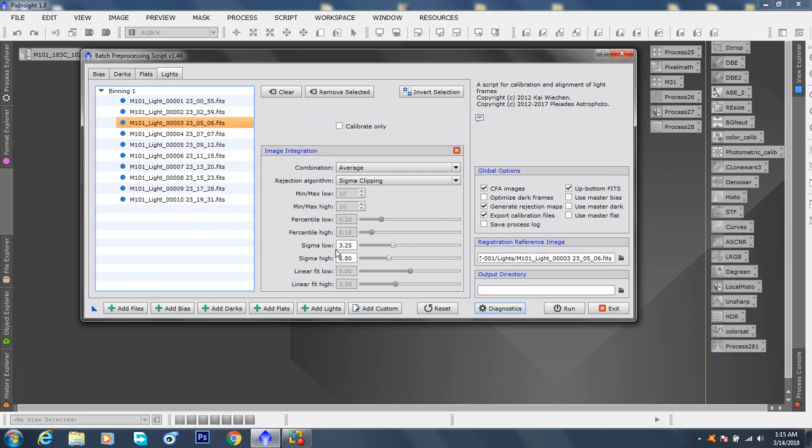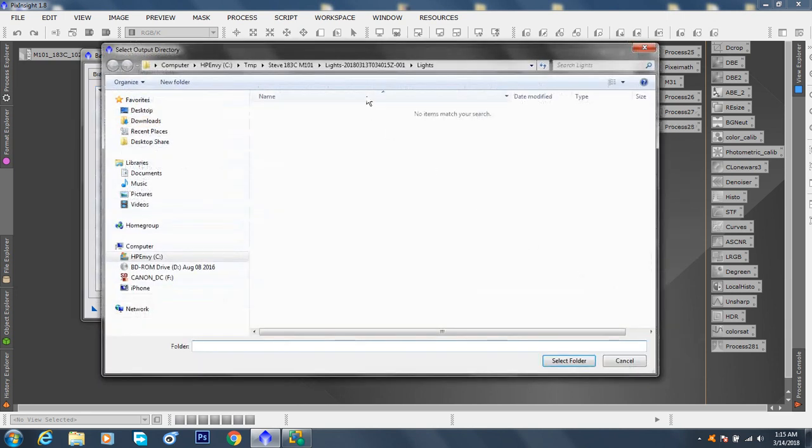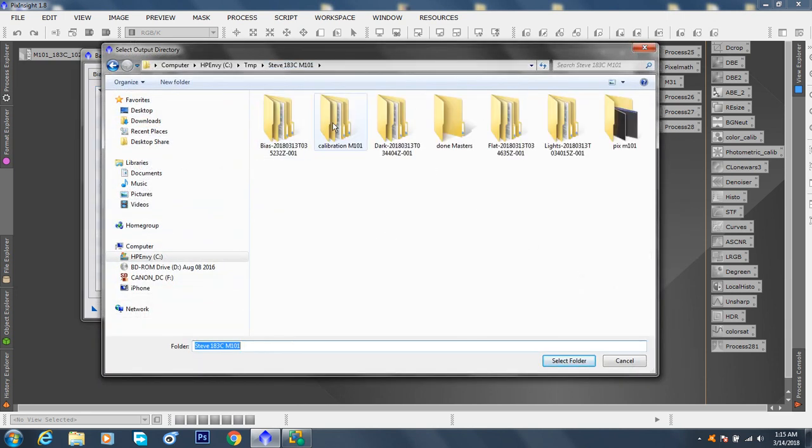Now all this has to go somewhere. If you hit run, it's going to do a whole bunch of things and end up nowhere. So let's output all these files, the master dark, master light, master flat, master bias, to a folder. What should we call it? We should call it calibration, because this is exactly what it's going to do. It's going to calibrate all these files and put it in calibration M whatever, in this case 101. So I select it,